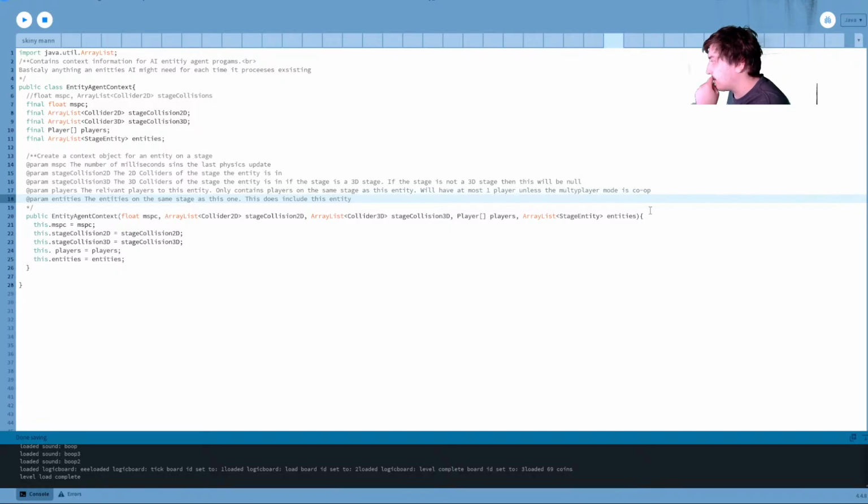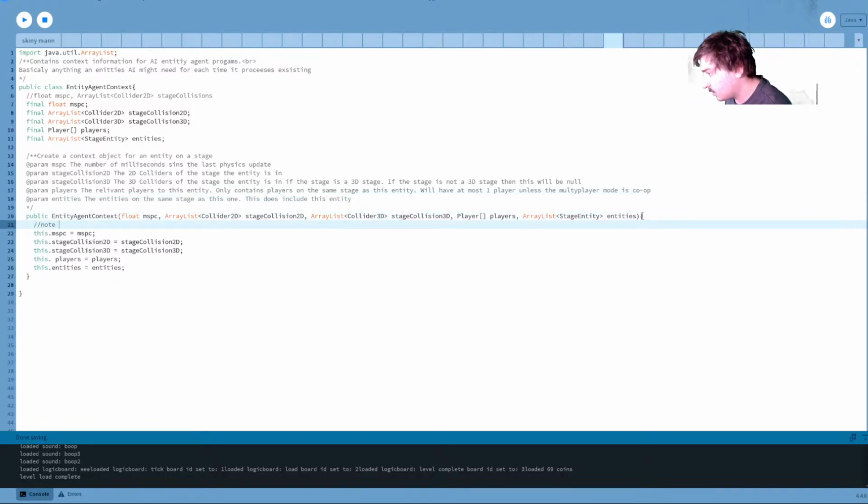Now, note, it may be wise to make these collections immutable in some way. That would probably involve a copy of their contents, especially for these entities.